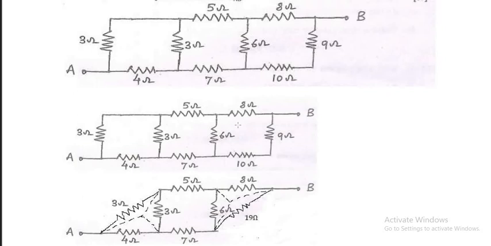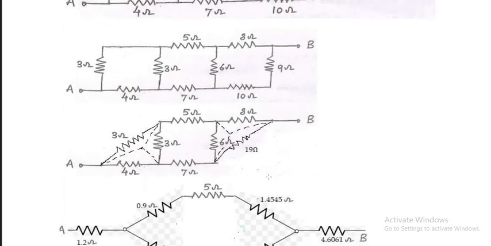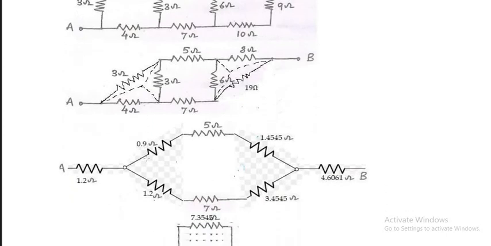Is it okay? Yes. The next thing is, you can see over here when the current is traversing like this, the current flowing through 10 and 9 is the same. So I can reduce it to 19 and redraw the diagram like this. Let the delta look like delta, let the star look like star, and whatever you are going to do in the next step should be shown by dashed lines. So I have shown this delta and this delta to be converted in the next step as stars. I have converted this delta into star, and this delta into star, with this 5 and this 7 remaining as it is.